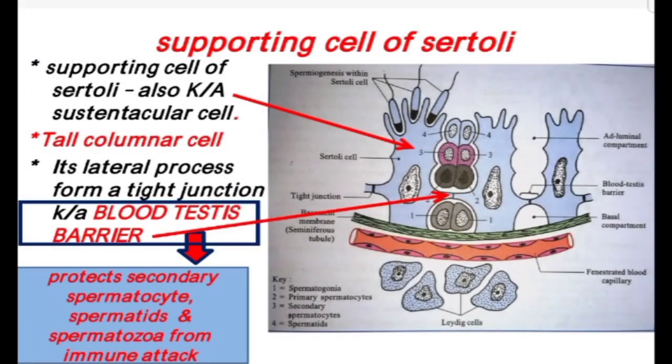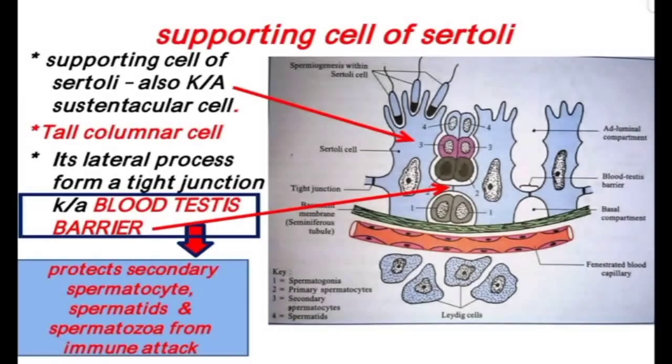Let's talk about the Sertoli cells. The sustentacular cells of the testes are called the Sertoli cells. These are tall columnar cells. These are the cells 1, 2, 3. These are tall columnar cells that extend from the basal lamina to the lumen of the seminiferous tubules, and they are interposed between the spermatogenic cells, which are developing in different stages. Each Sertoli cell is 70 to 90 microns in length and nearly 30 to 40 microns wide.